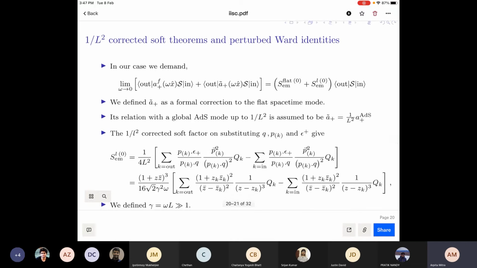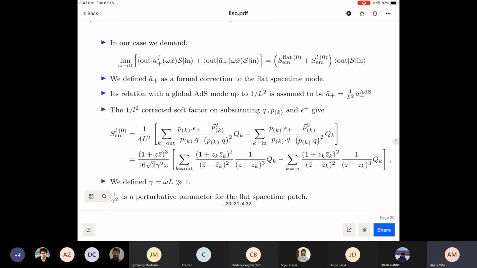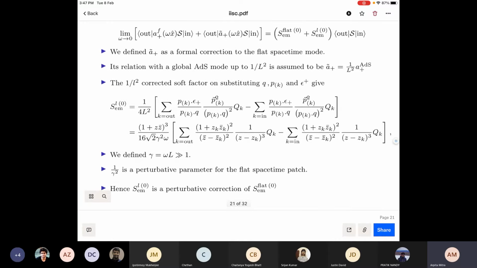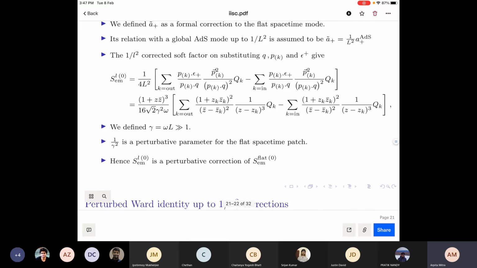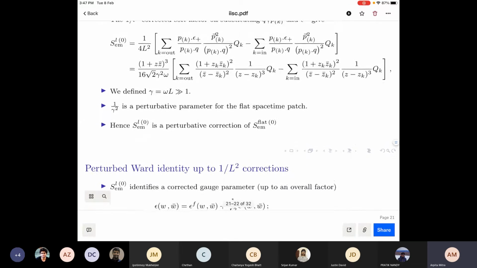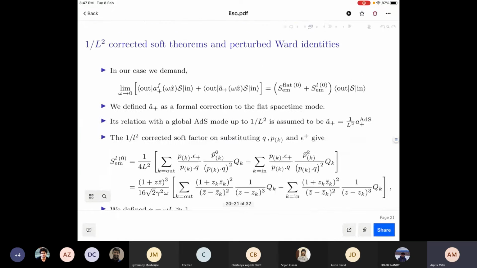Then we can rewrite the 1/L² corrected soft photon factor expressions also in terms of null momenta. Those expressions will take the following form in terms of z and z̄. Here the gamma was introduced earlier, which is omega L, a finite and big quantity, and 1/gamma² will be treated as a perturbative parameter on the flat spacetime patch. So to show that this equation holds,